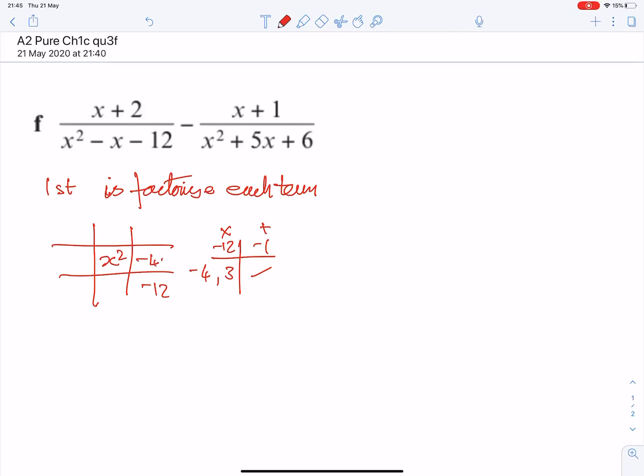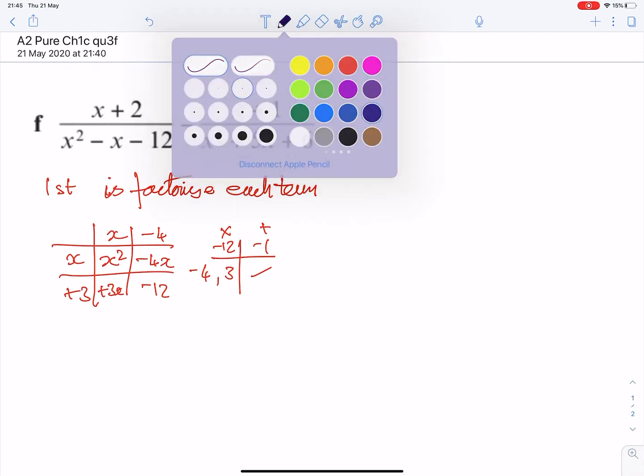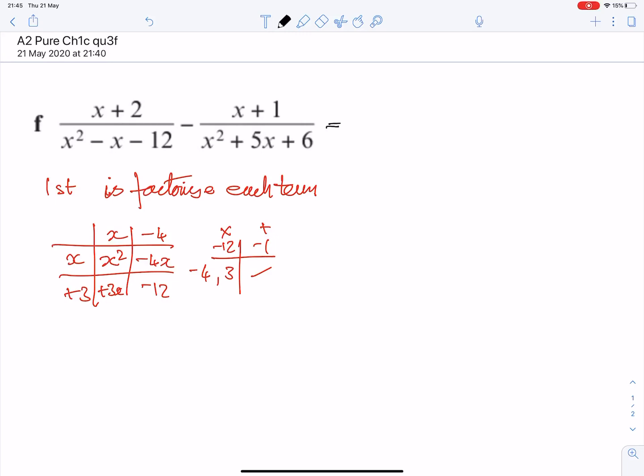So minus 4x plus 3x, factorising x minus 4 plus 3. So now for our first fraction, we have got x plus 2 over x minus 4 times x plus 3